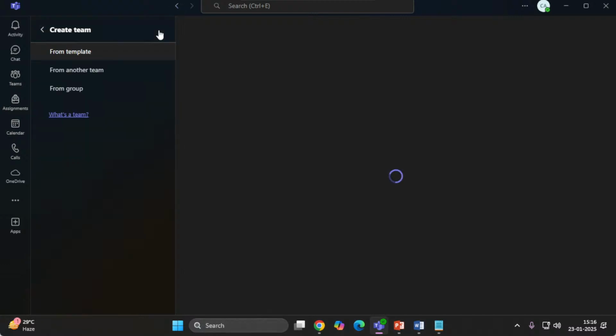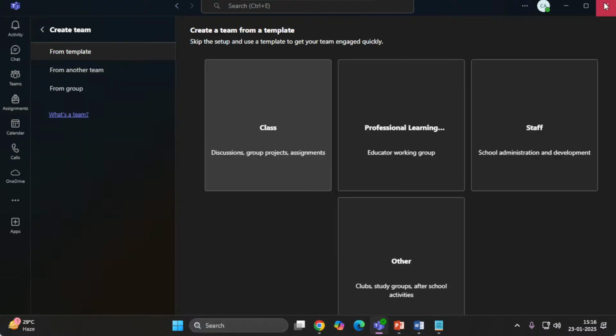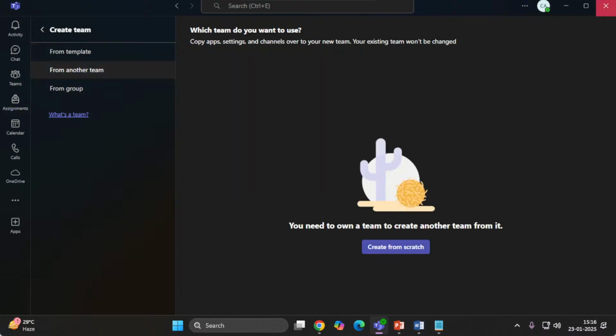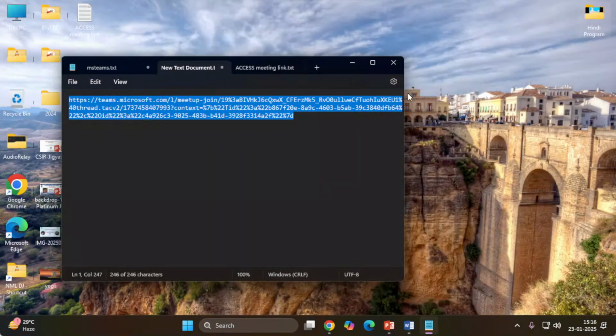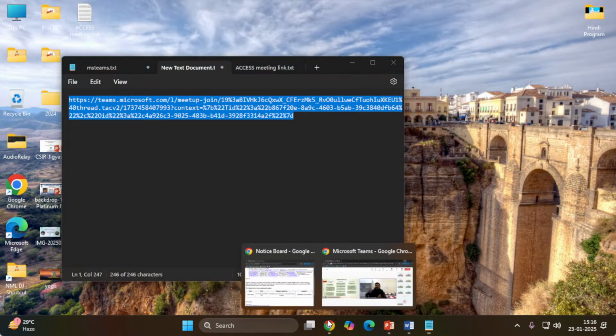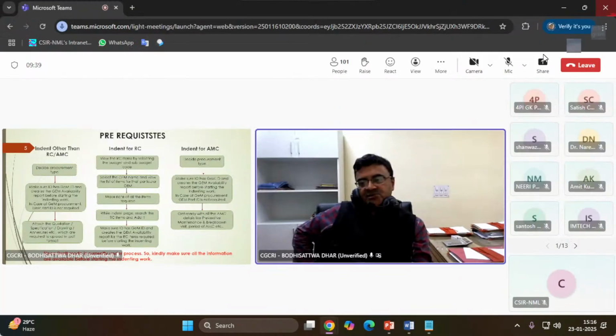Now there is a caution here. Since we don't have the draft mode ready right now, please make sure that all the information is available before starting the indenting work, because there is no